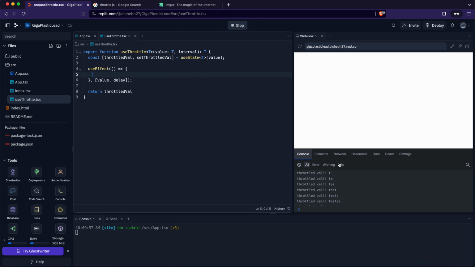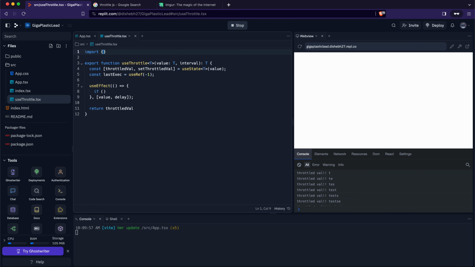Now what I want to do is first put an if condition and check. Also I'll create a new variable here that says lastExecuted, and I'll create a useRef for this, and I'll give it a value of -1. Let me import these as well. Import useRef, useState from React. Right. Now I'll check if Date.now is greater than or equal to my lastExecuted.current plus